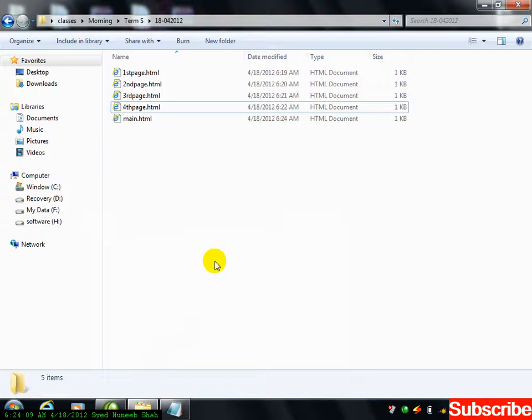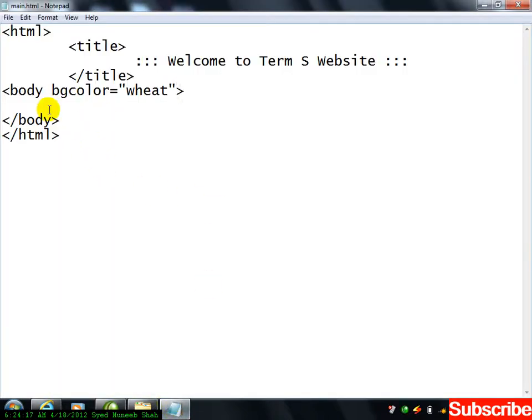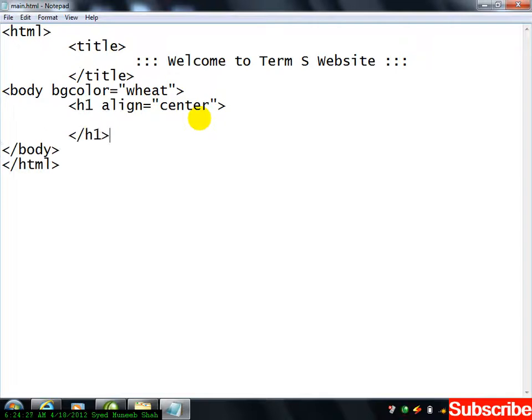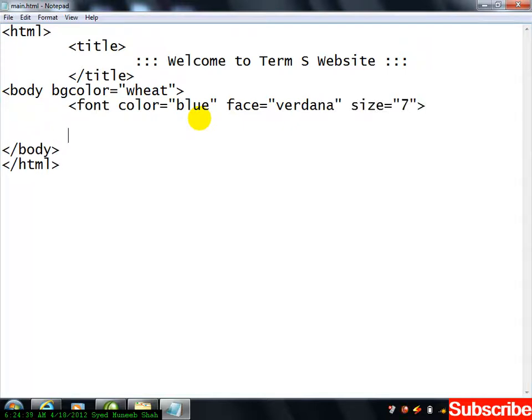Minimize. Let us check output for this one as well. Main.html. Up to here clear? Okay. Now inside the body of this main.html I am writing h1 align is equal to center and one message here as well. Or instead of heading 1 I will use font color is equal to blue, face is equal to Verdana, size is equal to the maximum size, I am using 7, close font, main page. File, save,